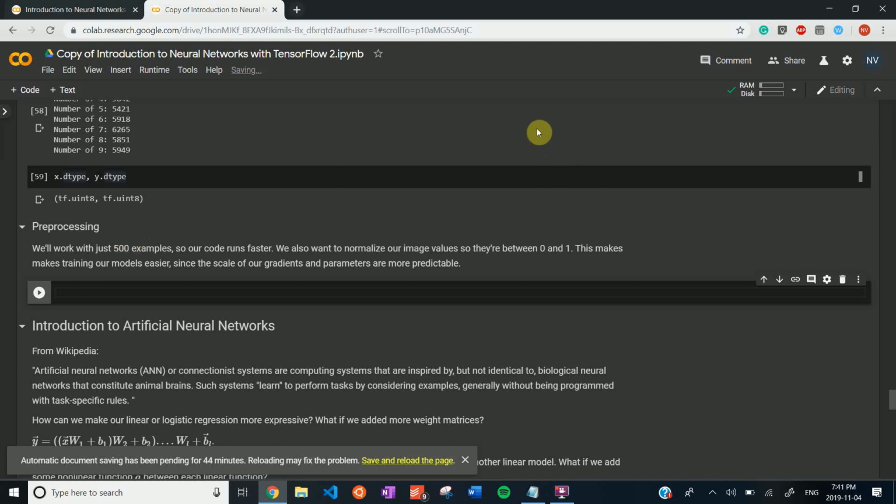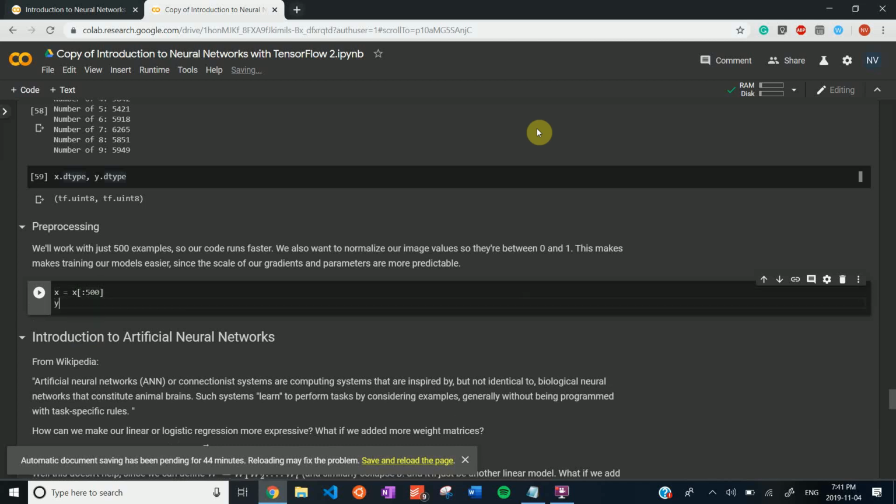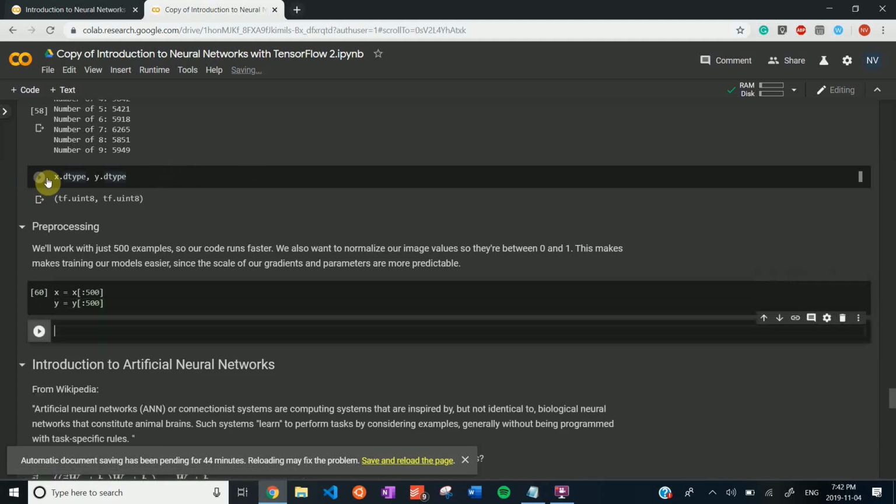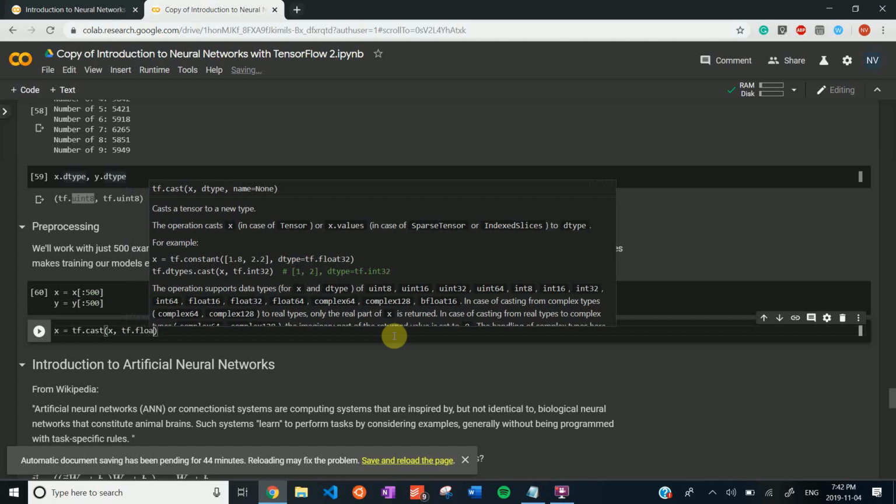Great. So just to make it a little bit easier to work with, we're not going to do the whole 60,000, but instead we're just going to work with 500. So x is equal to x up to 500. Indexing in TensorFlow is almost exactly the same as it would be in Python. And one other thing, we noticed that the data type for x was integers. We're going to want these to be floats, and so let's make that happen. Casting, basically changing one type to another,